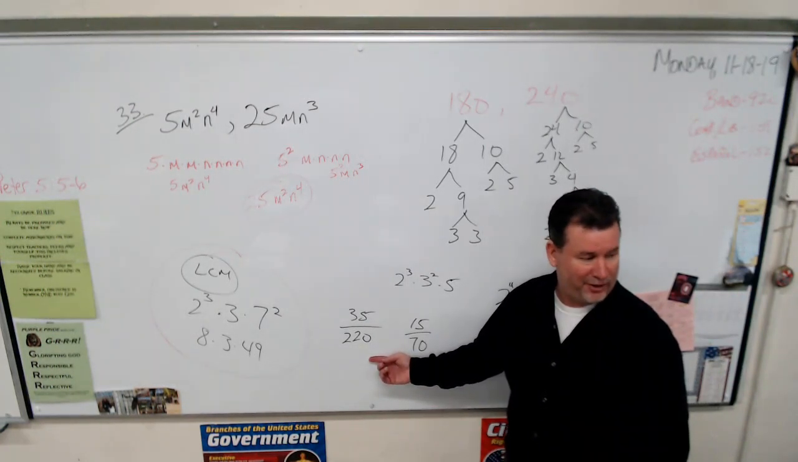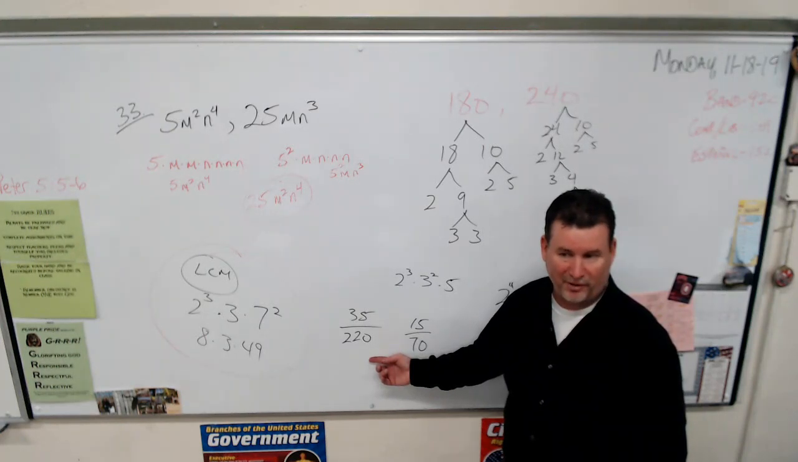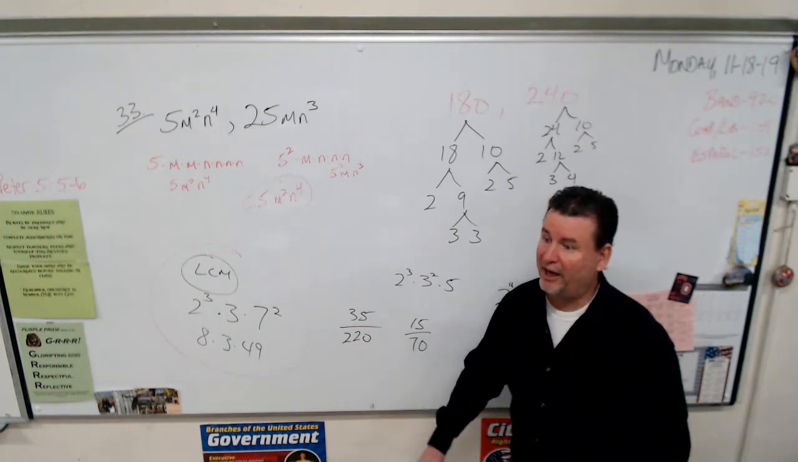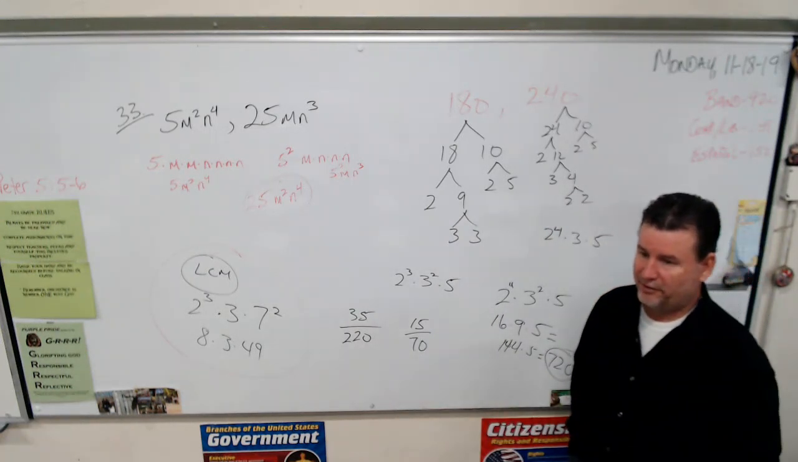Instead of finding the least common multiple for 220 and 70, you know what I would find the least common multiple for? 22 and 7. I think I know what it is. What'd you get? Shh, listen. I don't know if this is right, but